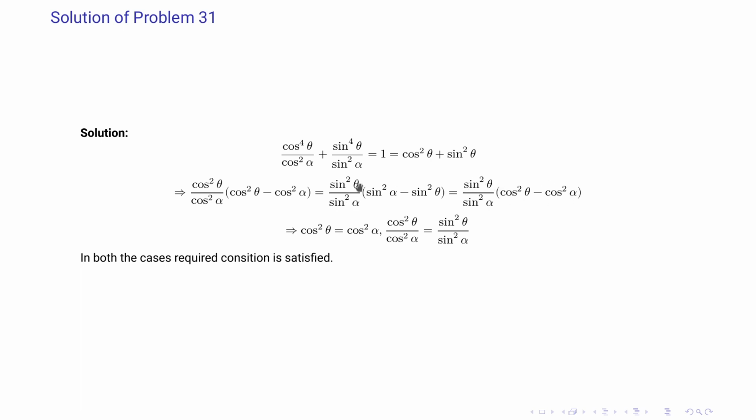So from this equality, which we have got by substituting 1 minus cos square theta for sin square theta, and substituting 1 minus cos square alpha for sin square alpha, either this gets cancelled, that is, this has to be equal. So cos square theta minus cos square alpha will be equal here. There is one conclusion. And the second conclusion is that cos square theta by cos square alpha is equal to sin square theta by sin square alpha. So from these two conclusions we can prove the desired result.